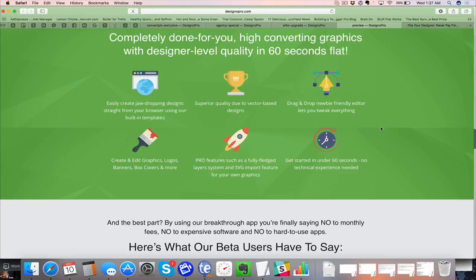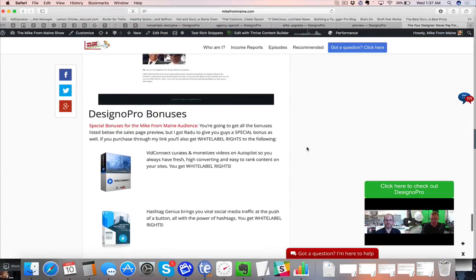Or, of course, you don't have to buy any of these softwares, and you can outsource it and pay a designer to do it for you. We sometimes pay upwards of $1,000 per month for graphics to a designer. It'd be nice if you're on a budget, you obviously don't want to spend that money, and you can actually do it yourself instead.